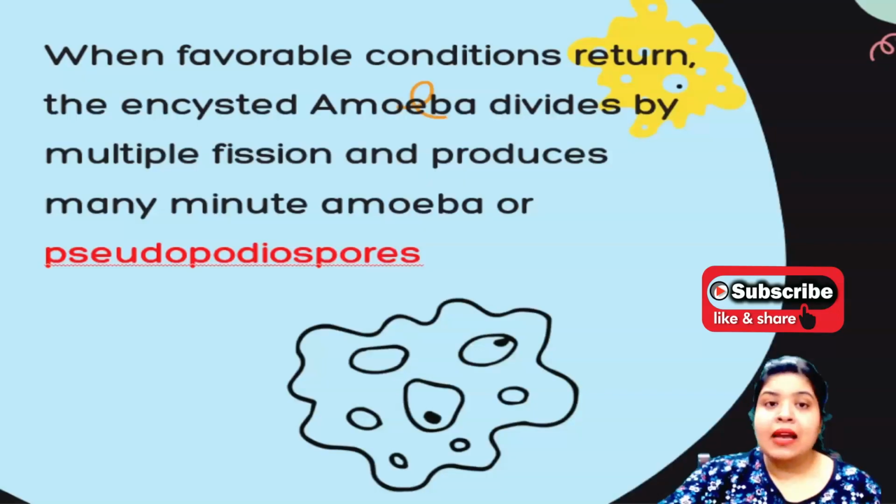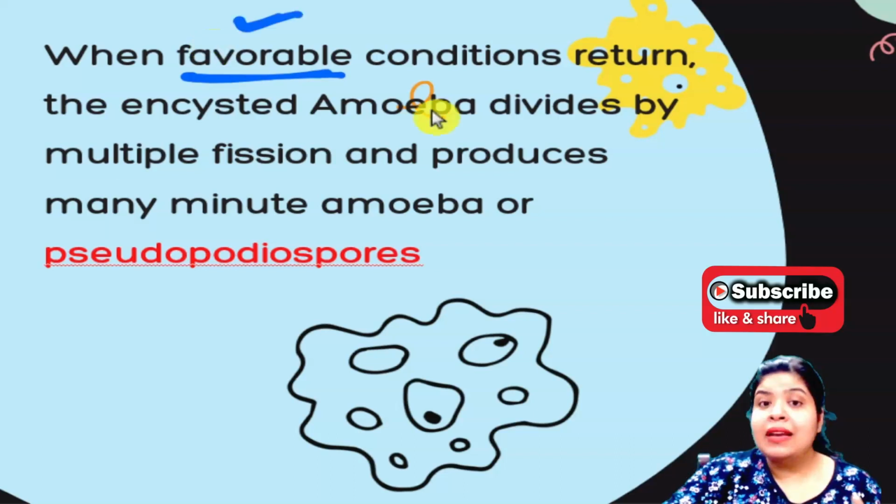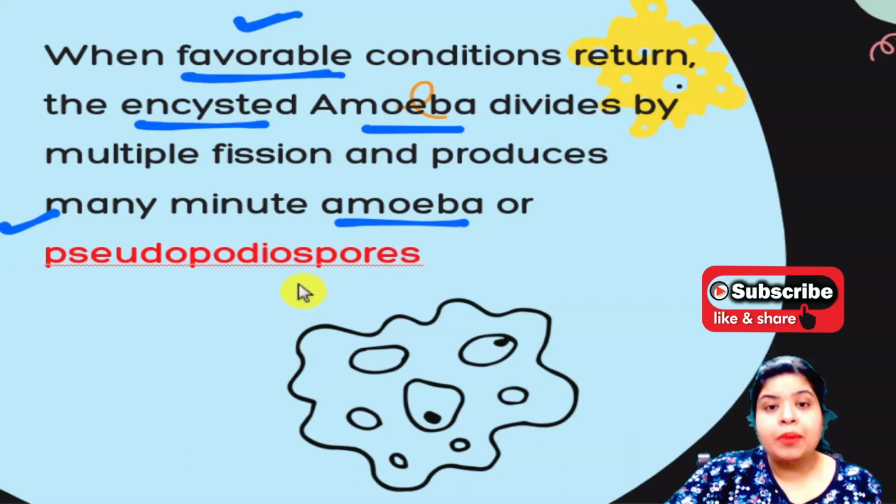Next is, when the favorable conditions return. So under unfavorable conditions, they had produced a cyst around themselves. So when the favorable conditions are again back, now this encysted amoeba divides by multiple fission and produces many minute amoebae called pseudopodiospores. Okay, so now when the conditions are again favorable for the organism, then what happens? Inside only, it has divided by multiple fission, and it is going to produce many minute amoebae which are called